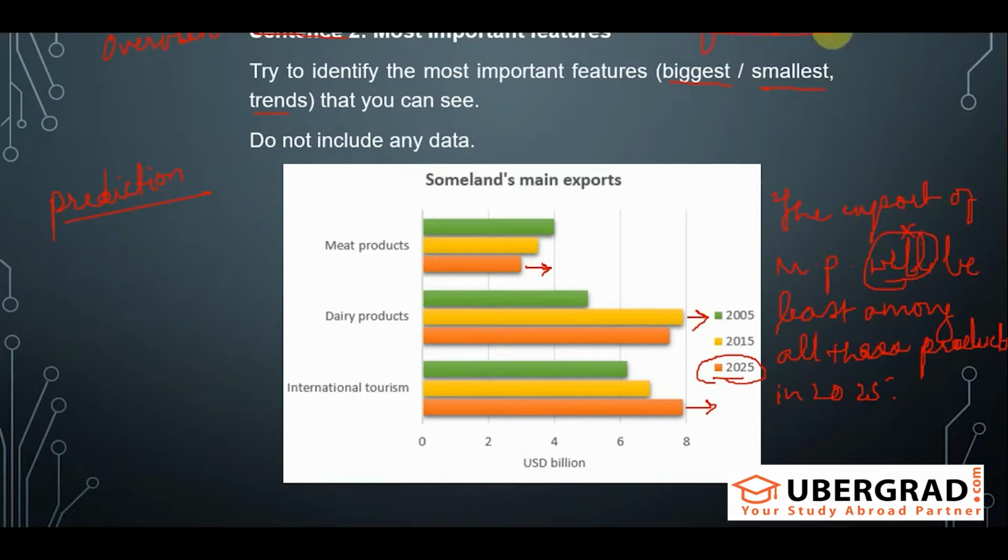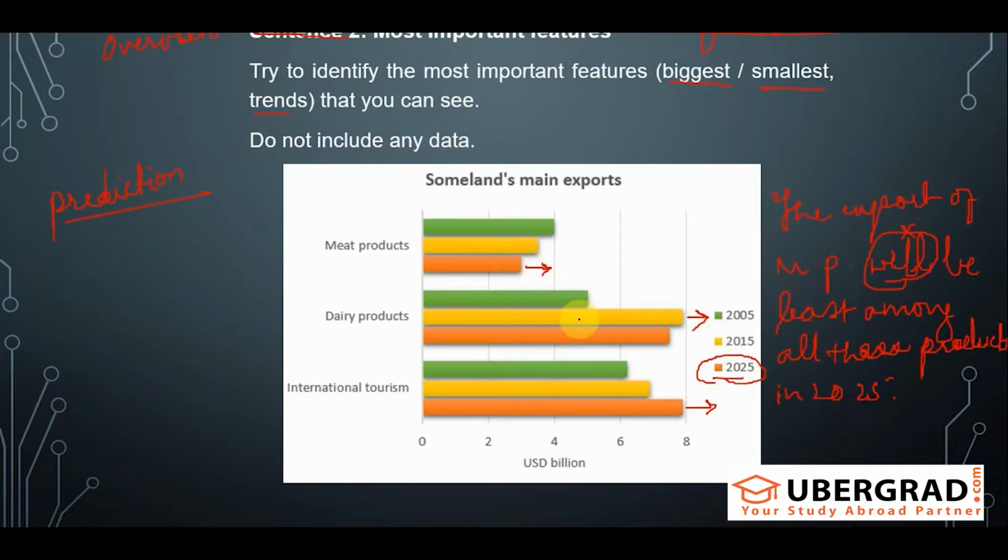Always remember this. Whenever any future predictions are given, you should use that it is predicted that the value of the meat products will be the least exported among all the three products. Got it guys? So will shows surety. Nobody is sure. It is just a prediction. So always keep that in mind. So this is the least and this is the most. So you will write about these two in